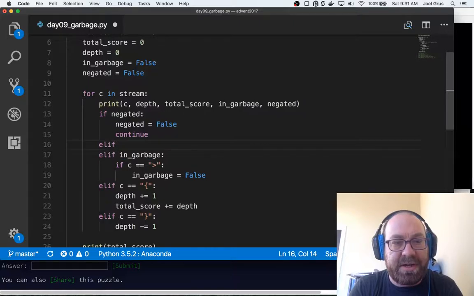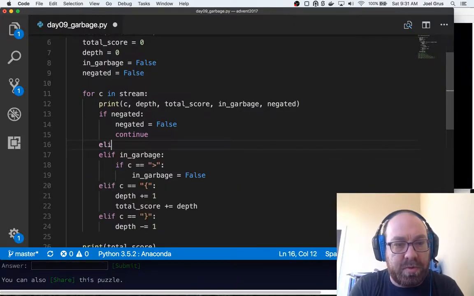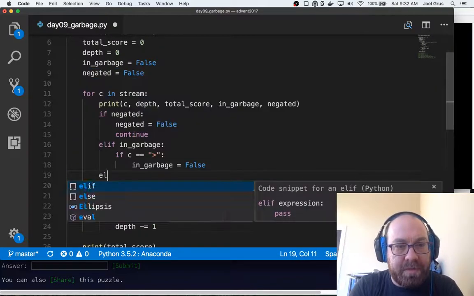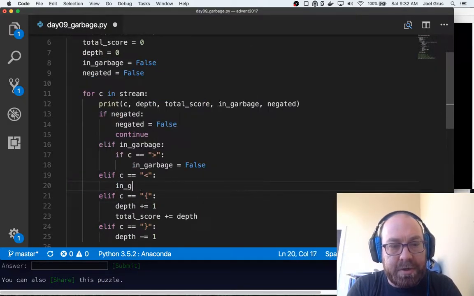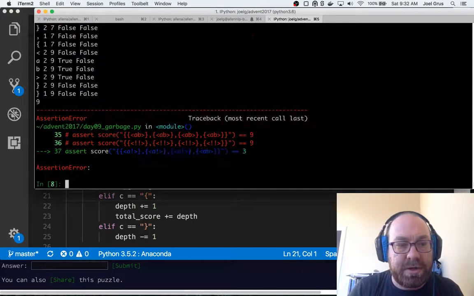Because I did not add that case. Elif C, in garbage is fine. So elif C equals start of garbage, in garbage equals true. So I think that's the case that I screwed up.